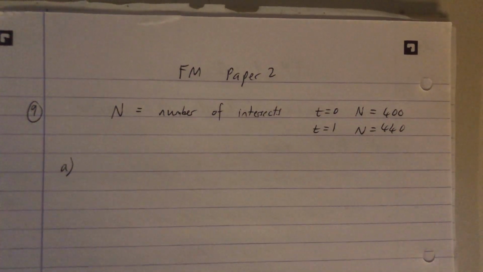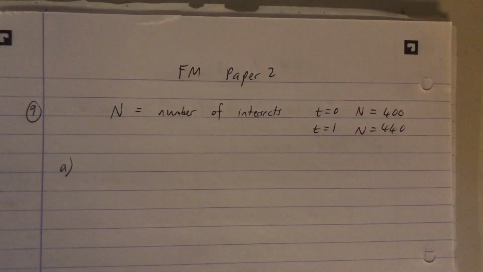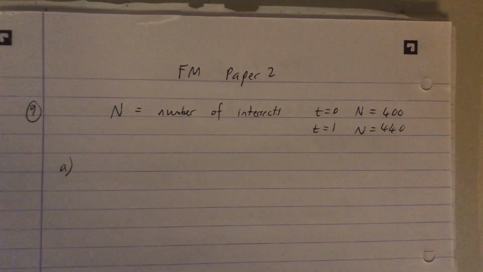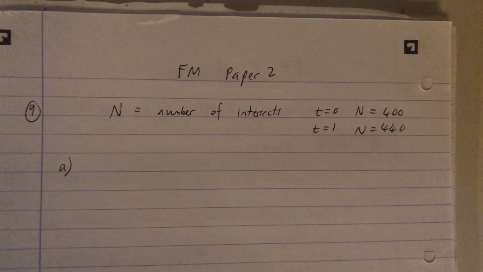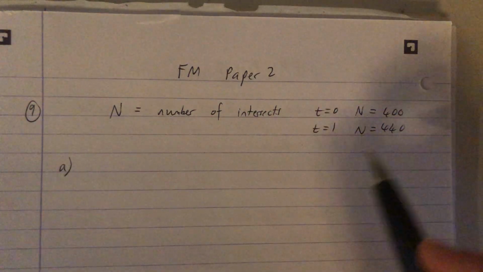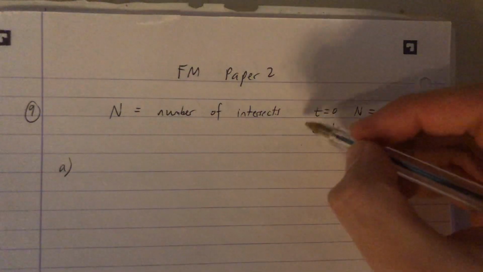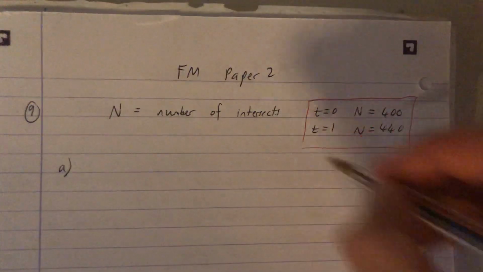Just going to go through a second request from the internal exam, which was question 9 from paper 2. It's a differential equations question. They tell you the context is modelling the insect population as time goes by. They give you some initial conditions, they're called. Now these initial conditions, which I've abbreviated to when t is equal to 0, n is 400, and when t